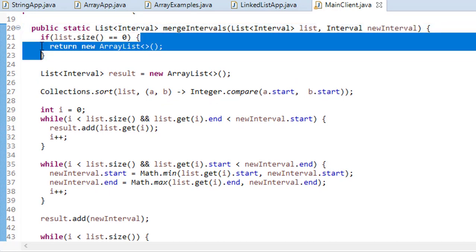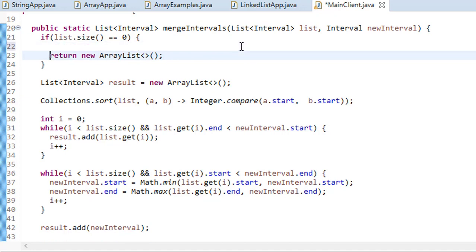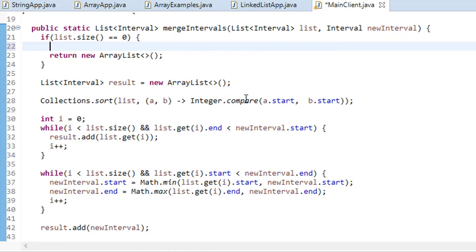We are saying that if your list size is 0, we can simply return the new interval, because if your size is 0, we can basically add the new interval. If my list is empty and you are adding this new interval, we can simply add this new interval, right?